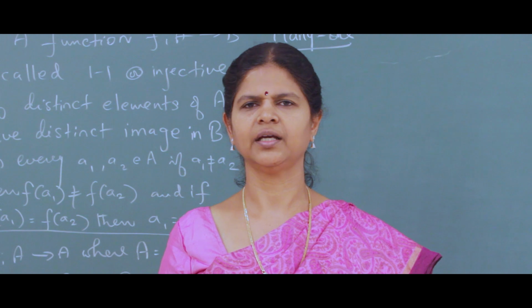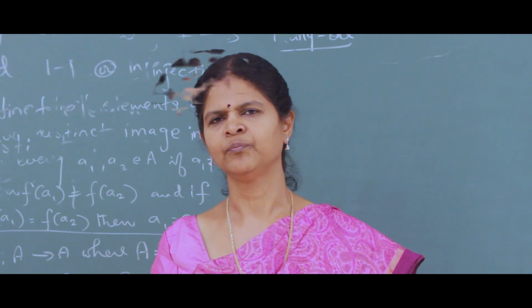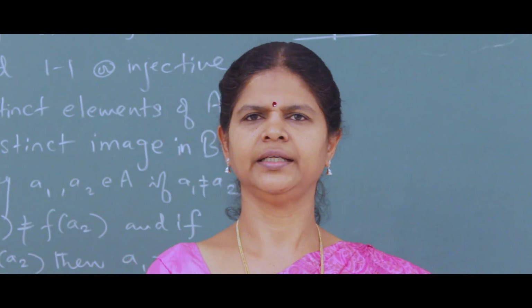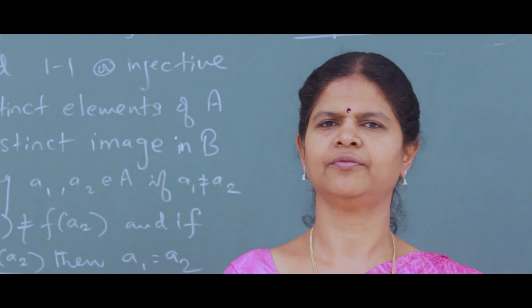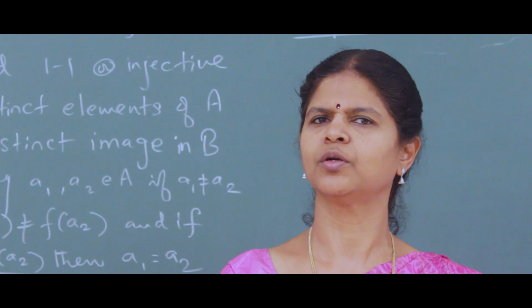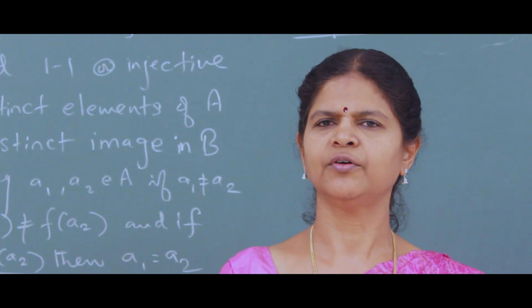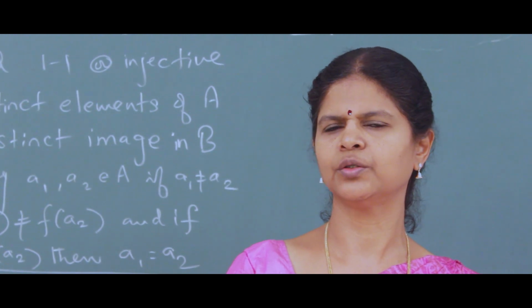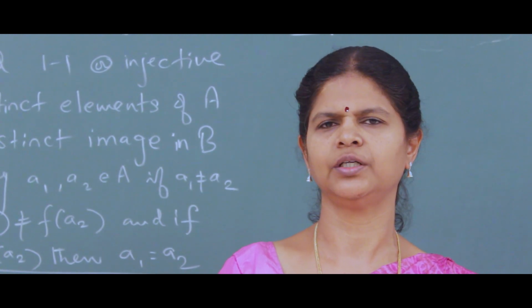Okay. அதே மாதிரி onto definition நான் உங்களுக்கு சொல்லியிருக்கேன். Every element in B has a unique element in A such that f of x equal to y. நான் last class-லயே onto definition சொல்லியிருக்கேன். இப்போ function is onto, then you have the range equal to codomain. The range of the function equal to codomain.